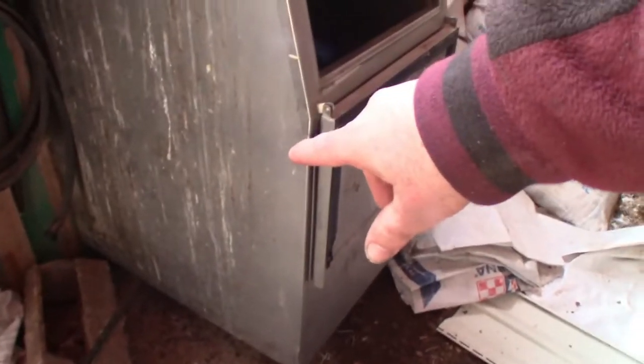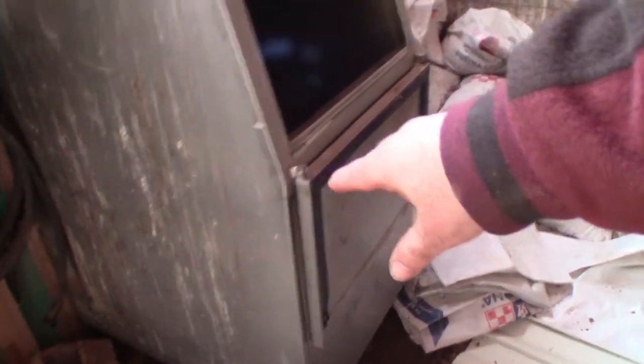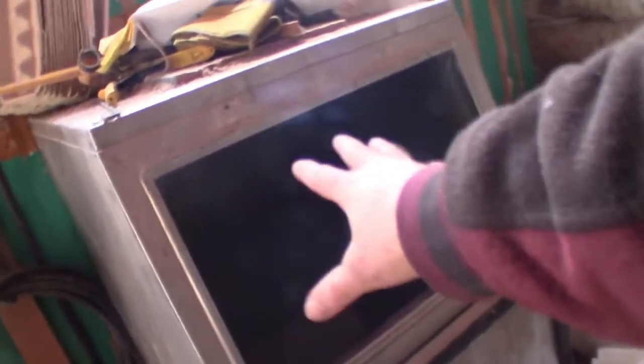This is an old cooler that you get the ice from when you go to the service station. They have the coolers with bags of ice in. This is what this is, and I put my hens' feed in there. So now,